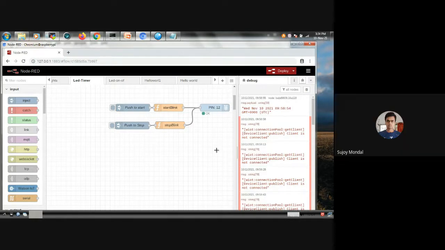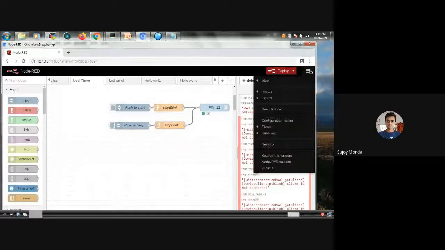Correct. So my question is, suppose when we open Google Chrome, we can reopen multiple tabs. It is convenient that when I reopen Google Chrome, it opens a fresh Google page, and then I can create different tabs and reopen them. So I would like to remove this LED-timer tab from this workspace, and then once we reopen it, I would like to import it from the hard disk, just like another normal software does. So please show me that.